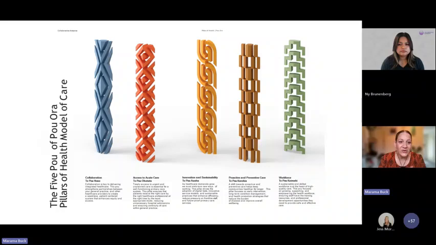The 5 Pou we will work through one by one. What I'd like to invite you to do now is just to take a moment to think about the kōrero so far. Jump into your online form that is in the link and complete the first page of that. There's just, I think, 5 questions. What's your initial whakaaro? What's your first response to this? And just a few questions there. So we really do invite you to jump in. I'll give you 2 minutes to give your overall whakaaro on these Pou.